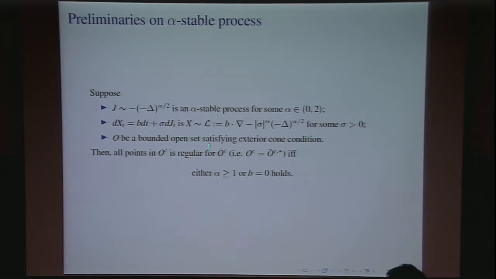So like Brownian motion, alpha greater than or equal to 1, it behaves like Brownian motion pathwise. If b equals 0, and if alpha less than 1, it may not be regular. It could be irregular. But if b equals 0, then there's some symmetry argument from the distribution. We can say it still exits immediately. So these two give